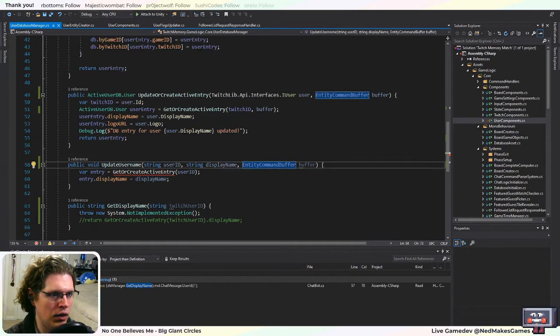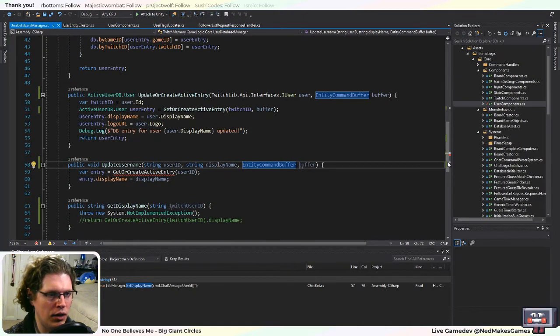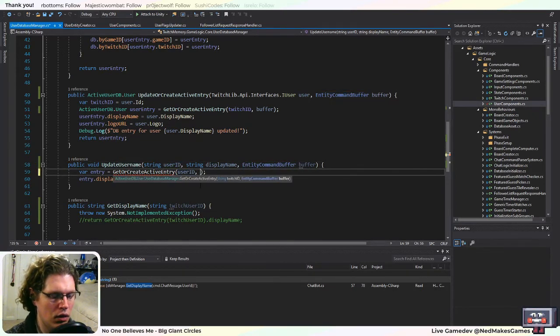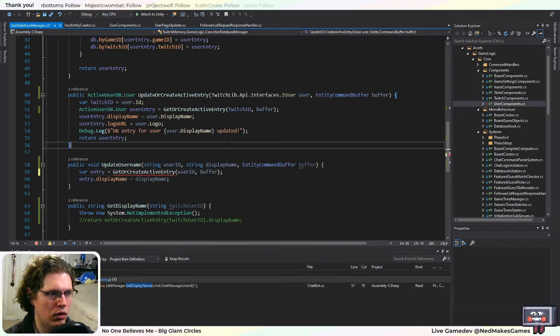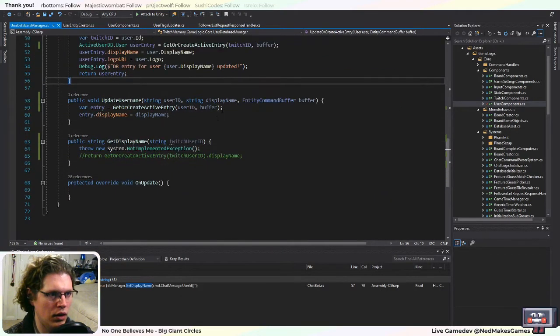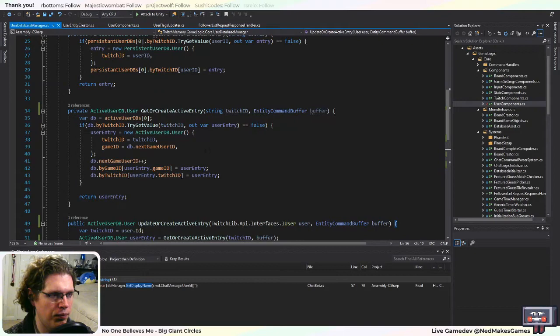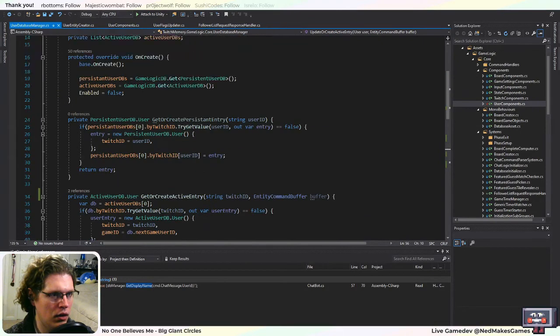So this is what we would get from chat. And right now the chatbot, I need to update it because right now it's a MonoBehaviour and I want to switch it to a system. I think this is how it will work, but okay, so